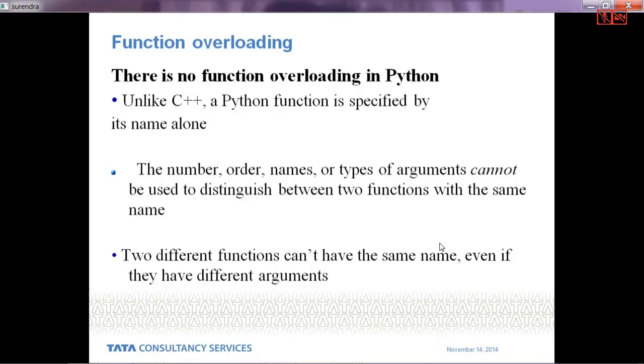Function overloading is not possible in the Python programming language. Why? If I want to do function overloading, what do we need to do? We'll discuss those things also in this class session only. As of now, try to understand what a function overloading is. Everyone got to know what function overloading is, and there is no function overloading mechanism